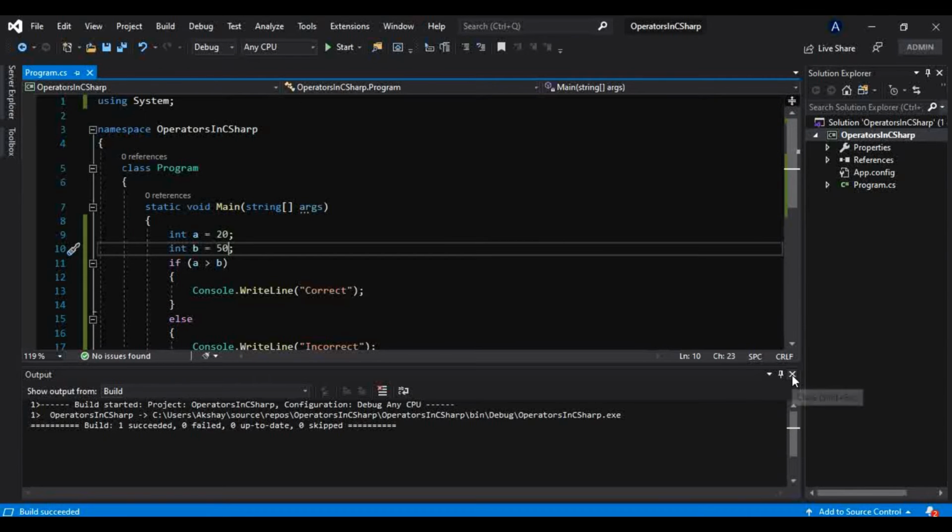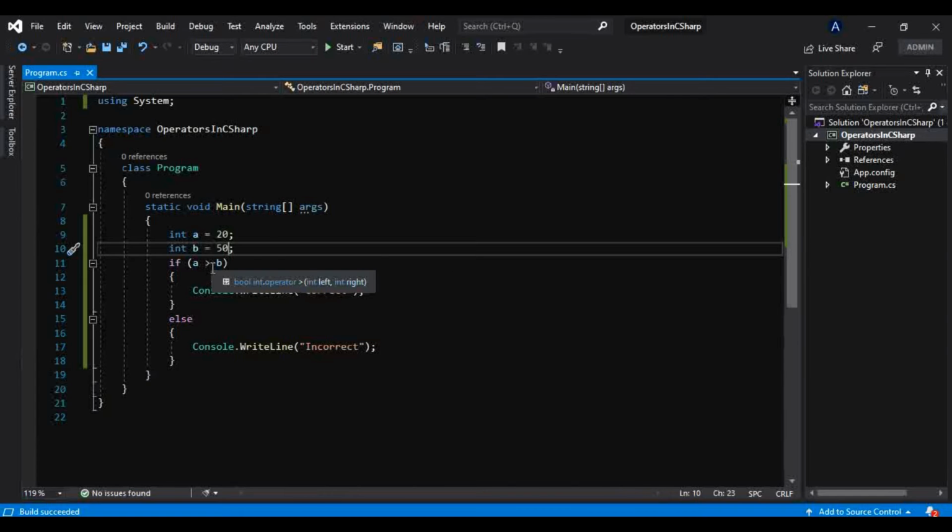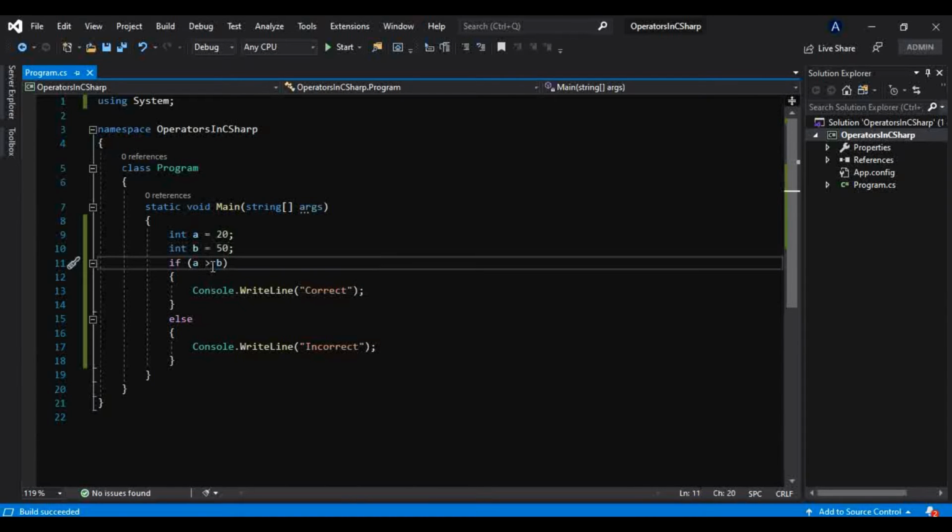Similarly there is the less than operator, and also the less than or equal to operator, as well as greater than or equal to. Less than or equal to checks if a is less than b or maybe equal to b. One of these conditions can be true, either less than b or equal to b.